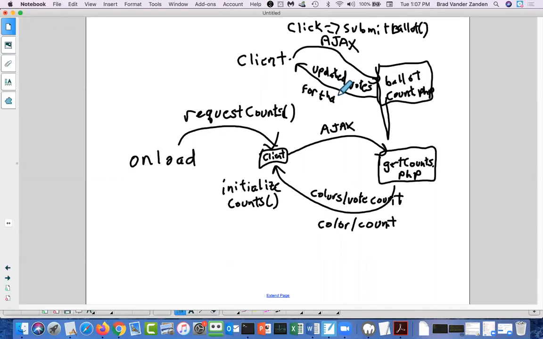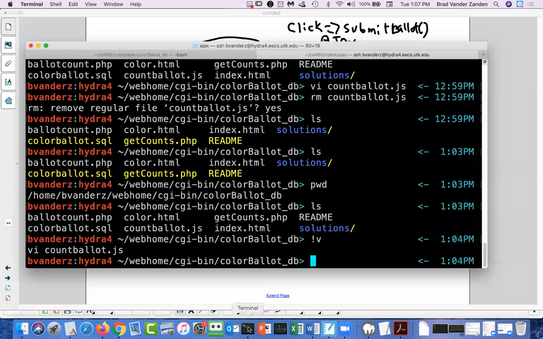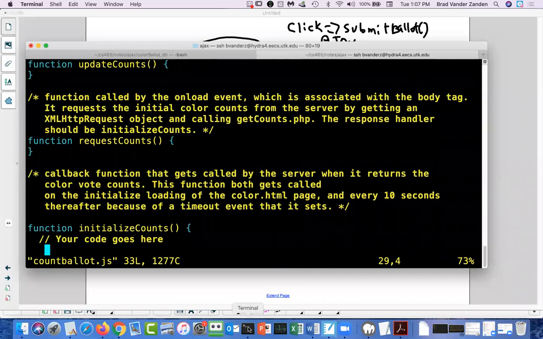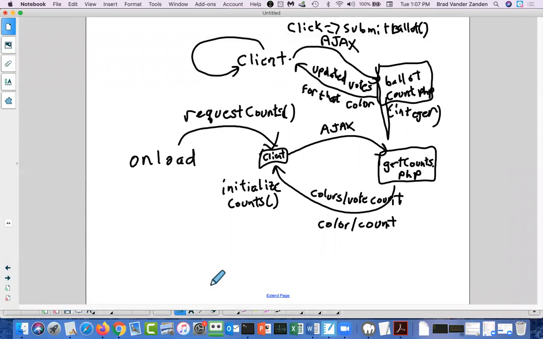So it's going to be an integer. Okay, so it returns an integer, which is the vote count. And then on this side, the function that you're going to write is going to be called update counts. So update counts then is going to get called.